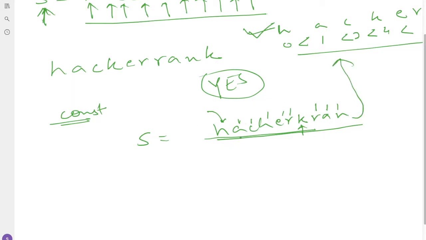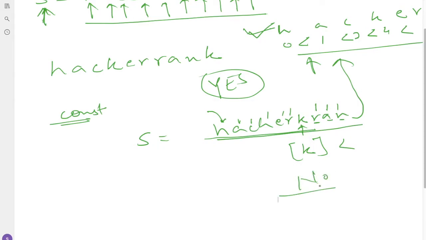The indices are not in increasing order. The index of K will be less than the indices of this R, A or N. So it is failing the indices criteria, and here we will return no.